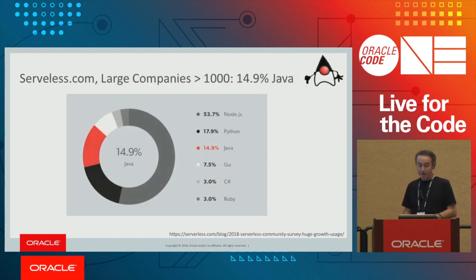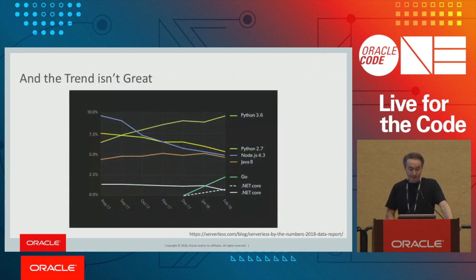It's a little bit better in larger companies. So larger companies, enterprise companies, over 1,000, you see Java usage rise to around 15%. So it's not bad. Node you see here is pretty dominant. Python's quite popular too. And then a few more numbers here, this is from serverless.com again. This is the trends. The trend isn't good for Java. If you look, it's pretty flat. It's not like Java's taken off. Python increased, see Python 3 goes up, Python 2 goes down, it kind of makes sense. Node surprisingly decreasing, Go increasing at a good pace, and Java kind of flat.